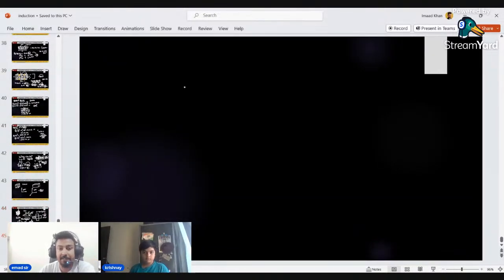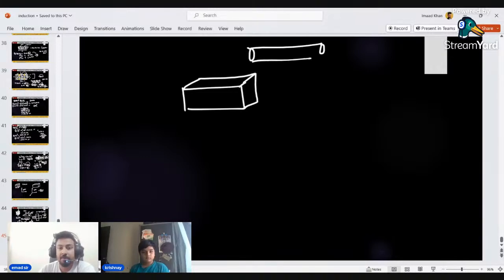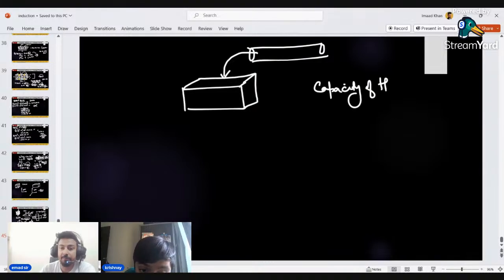For example, if I talk about a cuboid tank, and water comes and gets into it, and I ask about the capacity, then it is the volume of this tank. Now if someone asks what is the volume of this tank,